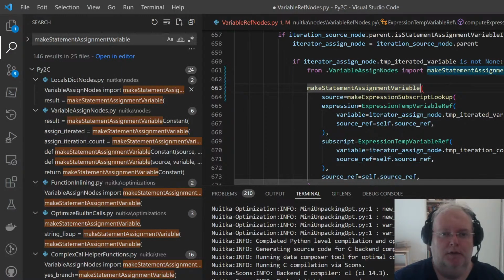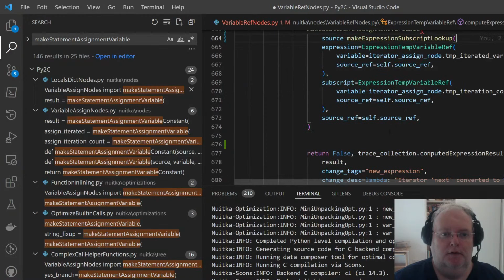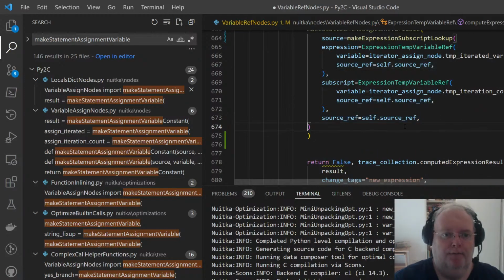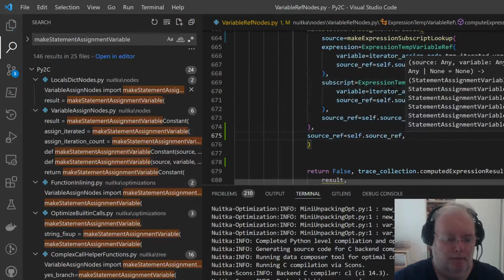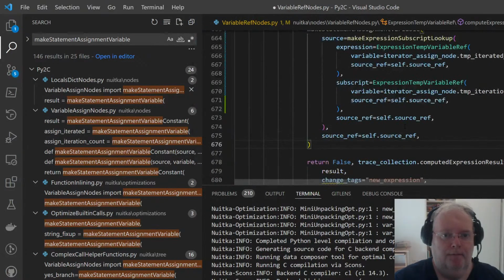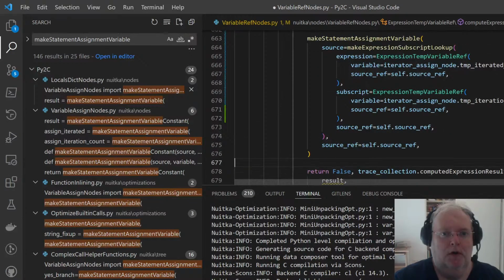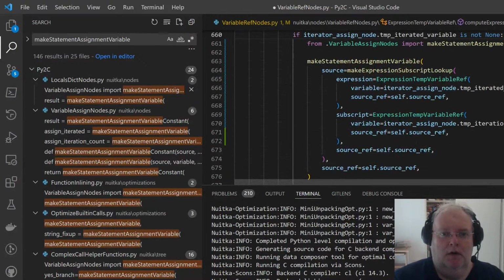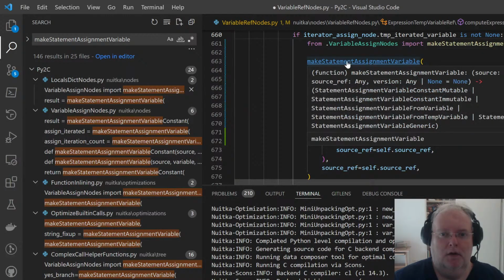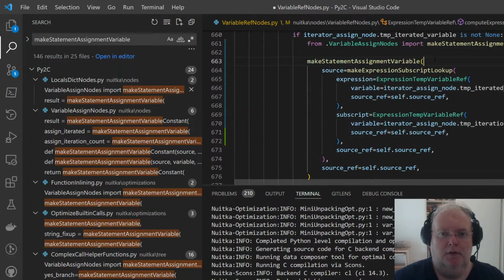But source is not everything, is it? The variable we're talking about is this next variable.